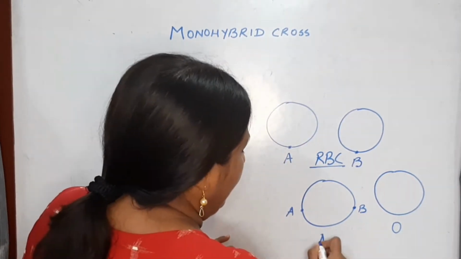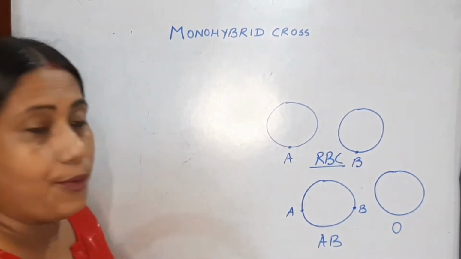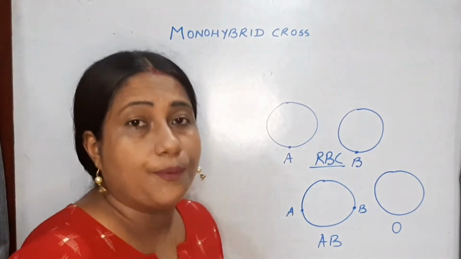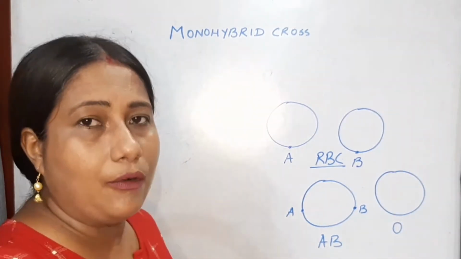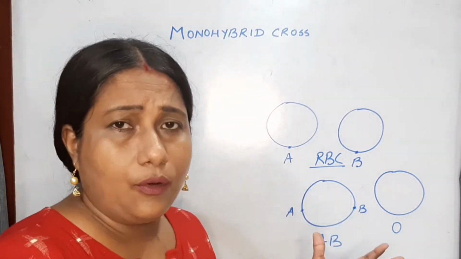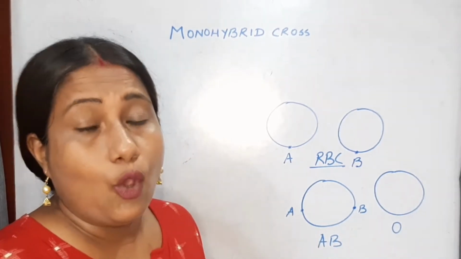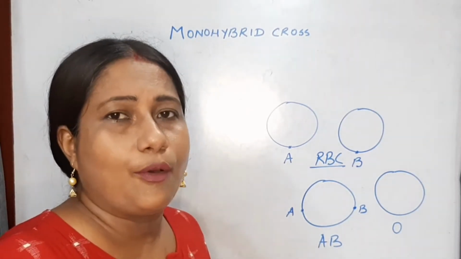So, they are AB blood group, O blood group, A blood group, and this is B blood group. So, these are the 4 types of major blood groups found in the human body. Now, we often talk about A positive, B positive, AB positive, A negative, O negative. So, what are these negative or positive things?